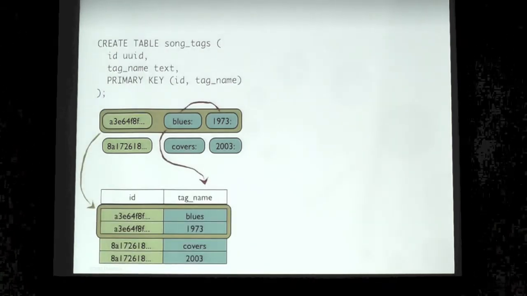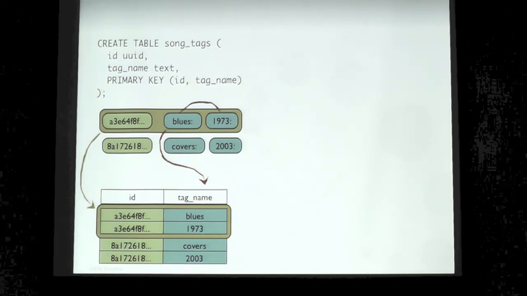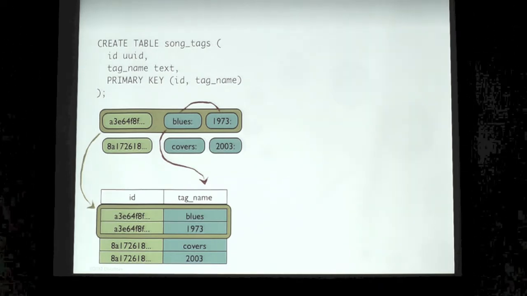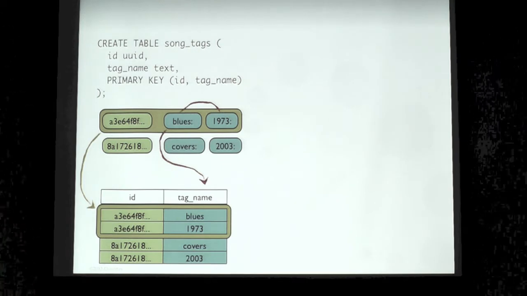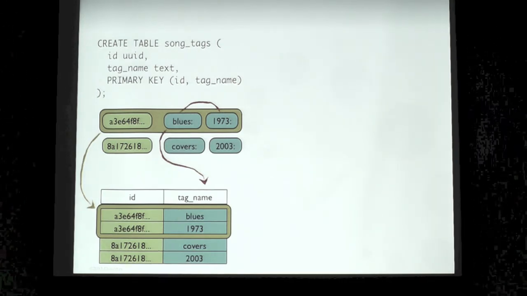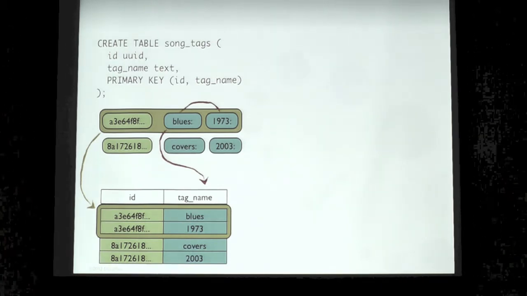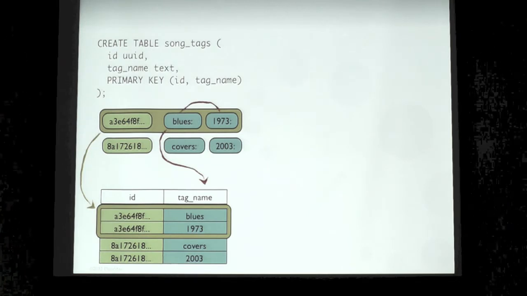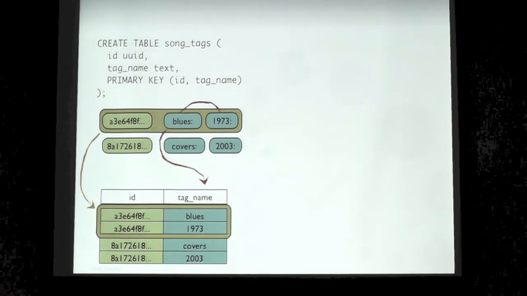So this is what we do. In CQL, we would define the table this way. The important part here is that I'm using a compound primary key. That tells Cassandra that the data in the column family is going to correspond to the way we present it as a table like this, that the cell name